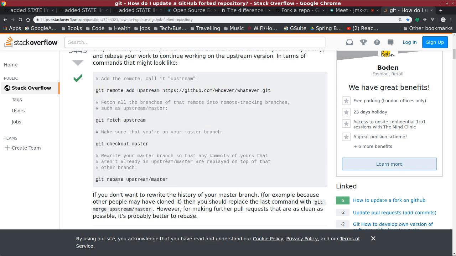So rather than running a git pull, run it as two steps. First, fetch them into a temporary file, then make sure you're on the branch that you want to incorporate the changes into, and then